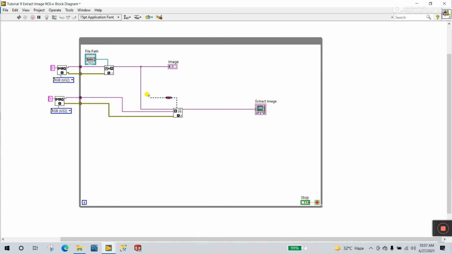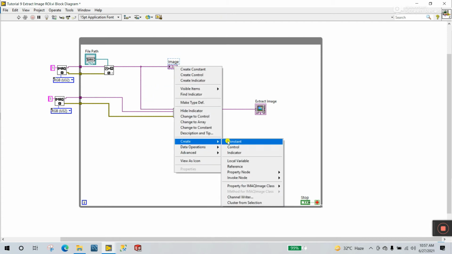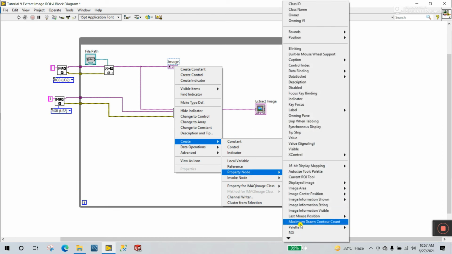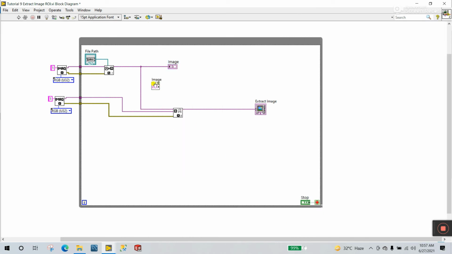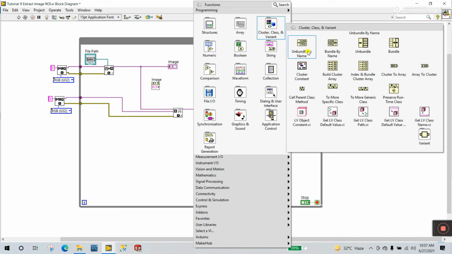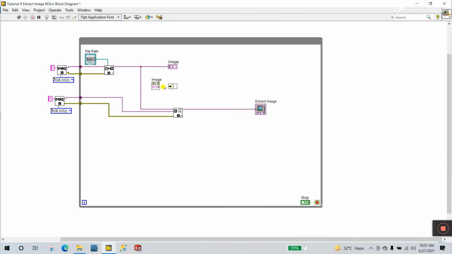I am creating this one, Control V. Click on the image, right click and create a property node, and you see ROI, click and drag here. Now right click, cluster, unbundle by name, select this one and connect to this terminal like this. This is the global rectangle. Now select this terminal and connect to this one like this.